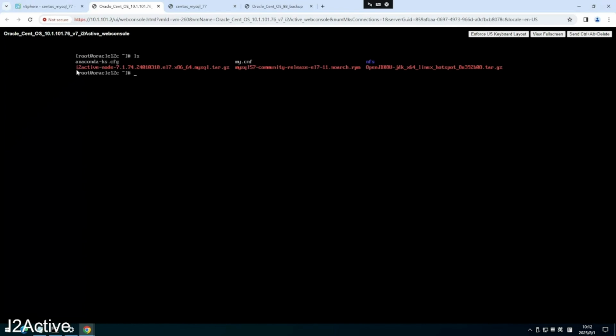You can see there is the i2Active node with MySQL and the OpenJDK package for the Java environment. We can create a new directory to unpackage the OpenJDK. Let's make the directory name